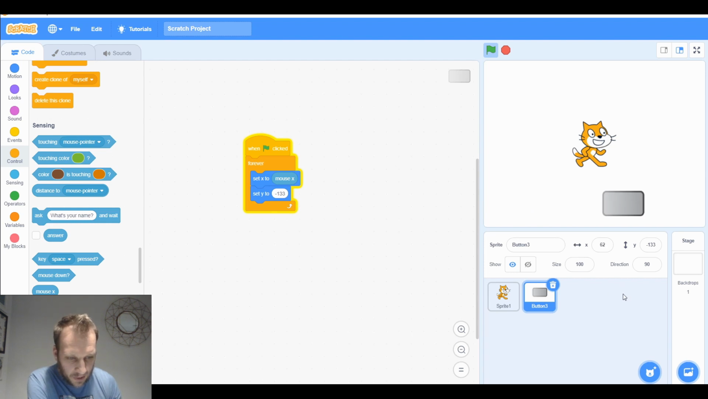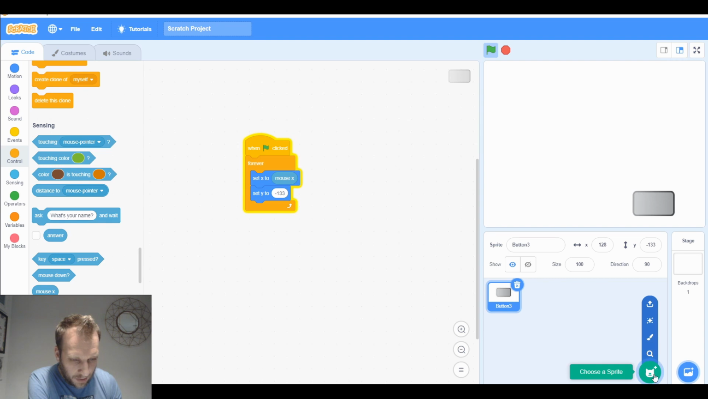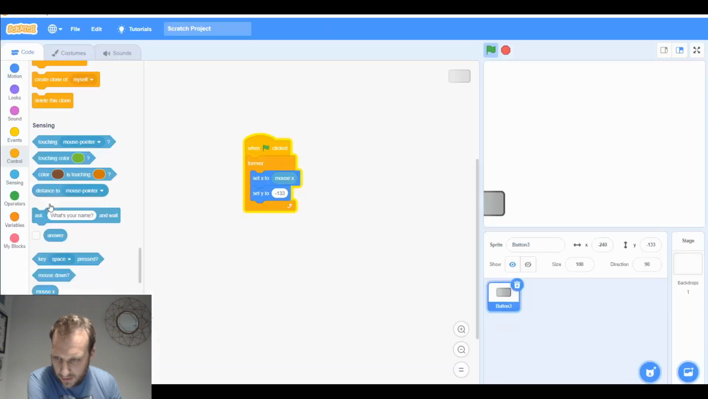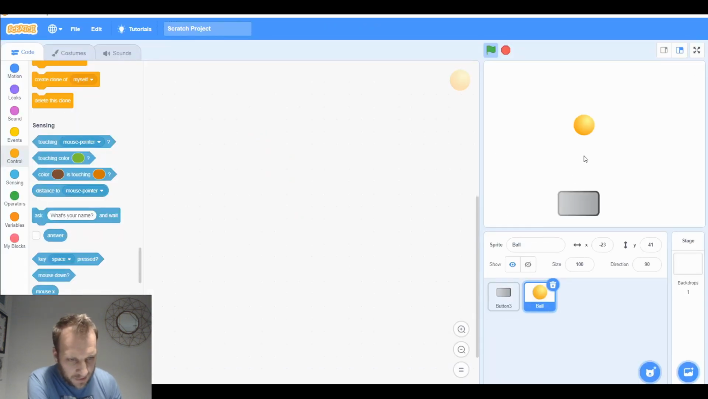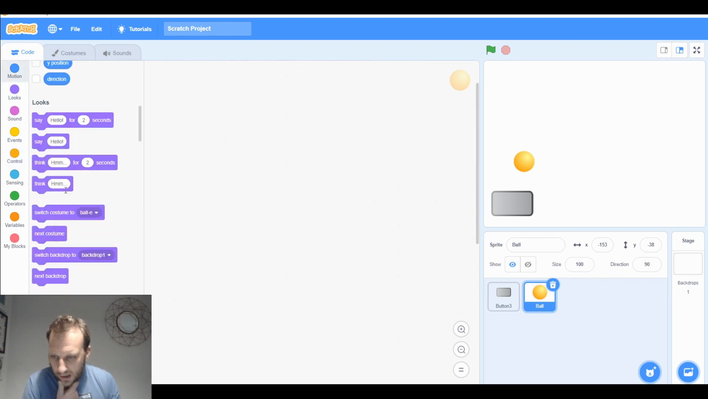Perfect. Next thing I want to do is get a ball. I don't need Scratch, so let's get rid of him. I'm going to grab a ball from the sprites that already exist. Now this is going to be perfect because it's got lots of costumes. So let's get it moving first of all. So let's say when we click go,